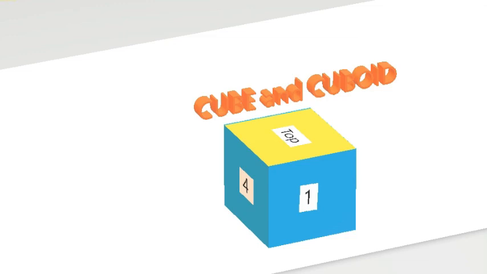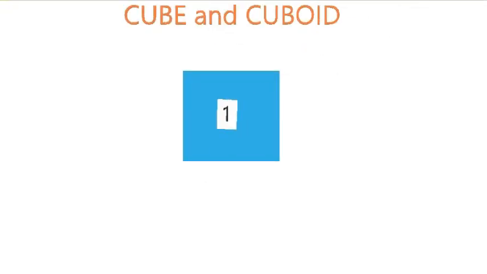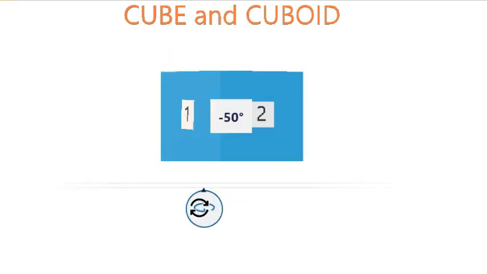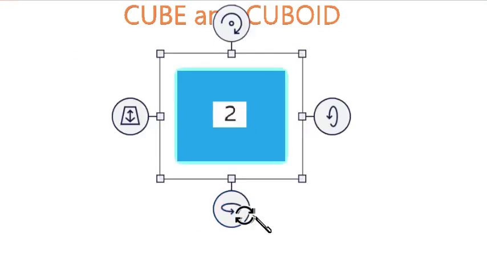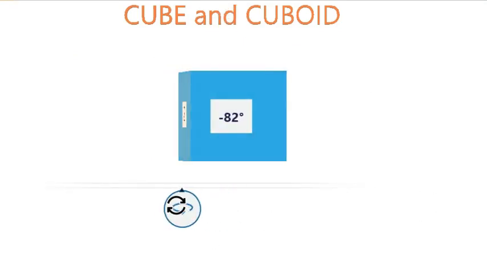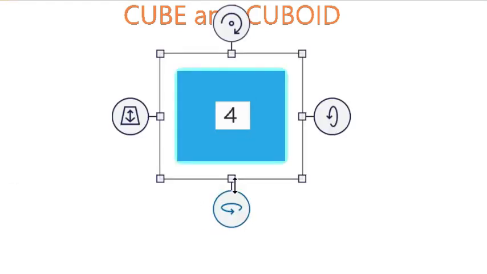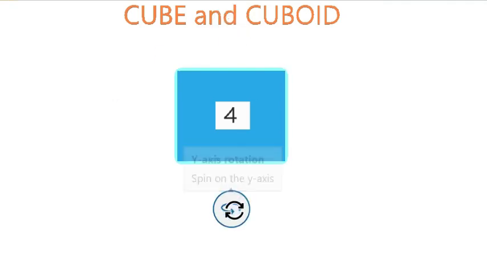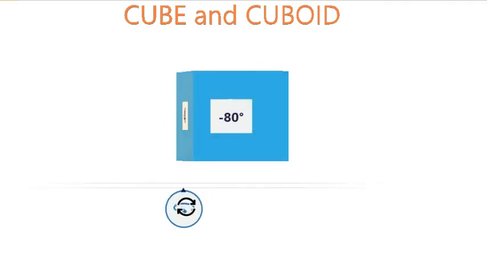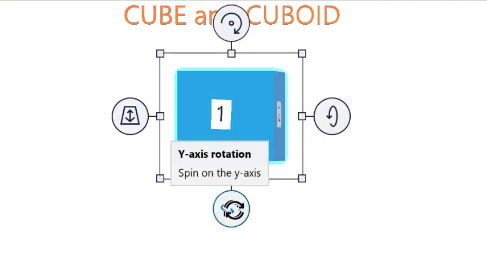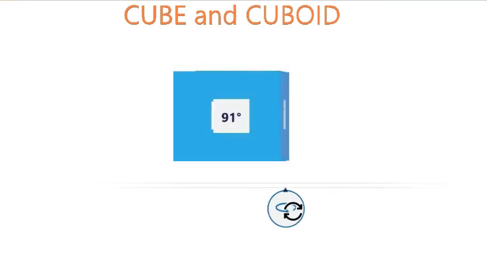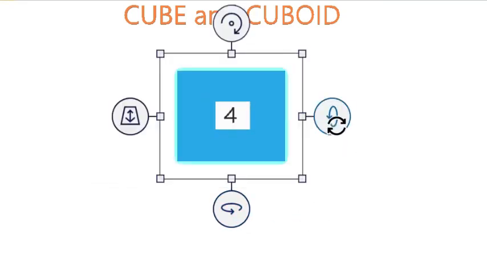Okay, now let us see whether they have 6 sides or not. Let me give you some rotation of this cube so that you can see whether it has 6 sides or not. So with a 90-degree rotation, you get face 2. Another 90-degree rotation, you have face 3. Another 90-degree rotation, you have face 4. So now, in total you already have 4 faces. If I give one more 90 degrees, oh, we are back to square 1. So let us go back, right? So these are our 4 faces. As I said, there are 6 faces, so let us see whether we have them or not.